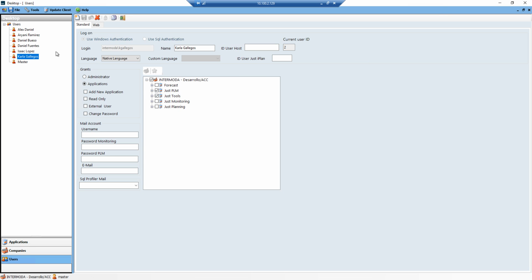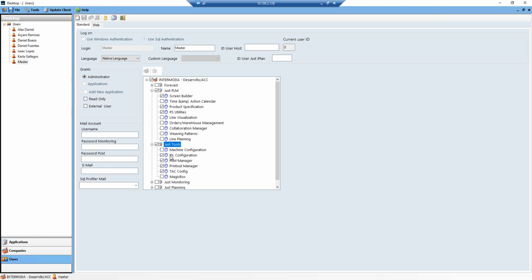If in the Just Desktop we select a user, we are able to see which models that user can start. For example, for the master user, I see that the master user can work with the screen builder, product specifications, PS utilities, and inside the Just Tools have access to the PLM manager, printout manager, and time and action config. For example, if I check another user,